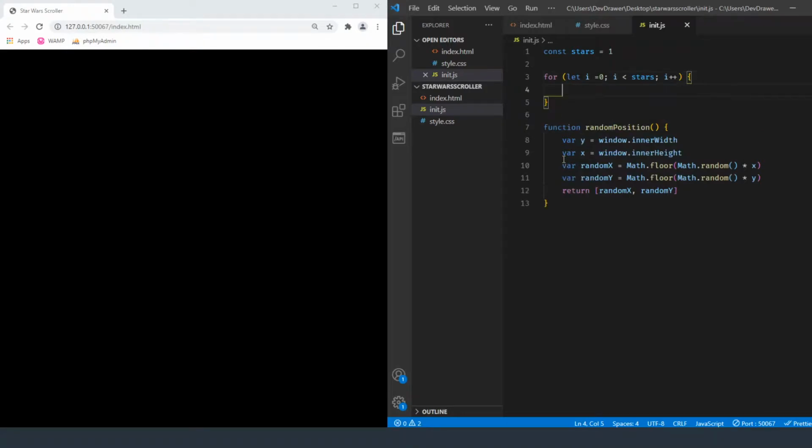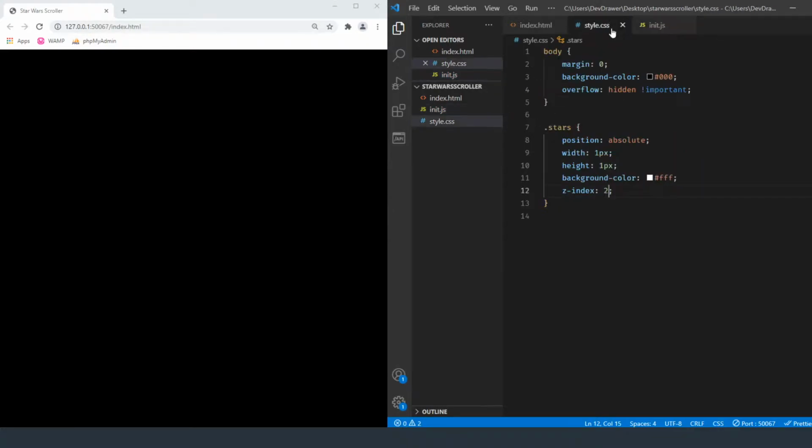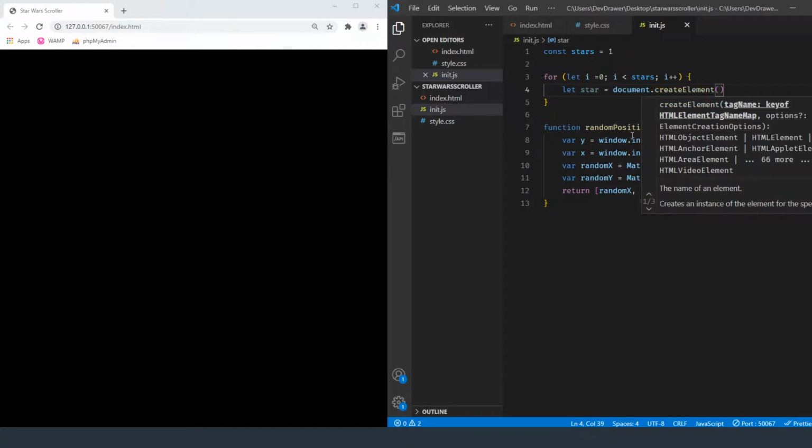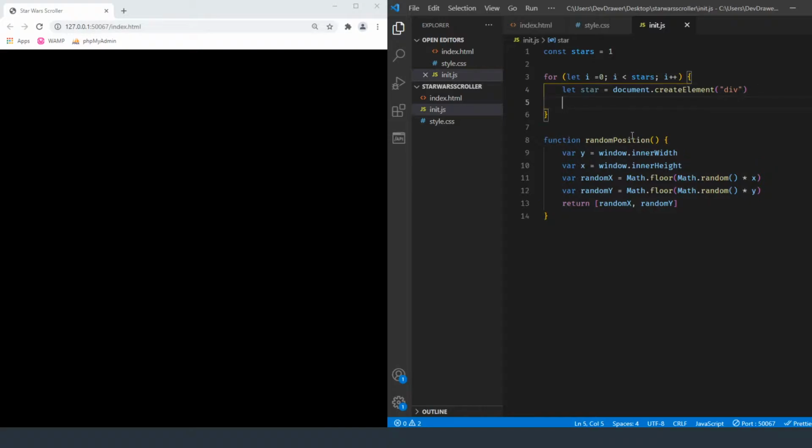Okay, so we got this for loop, and then inside of this for loop we're going to do let star, which is going to be that style that we created over here. So we have the class stars, so star is going to equal document.createElement, because we want it to create an element whenever it loops through this, and we're just going to have it create a div.